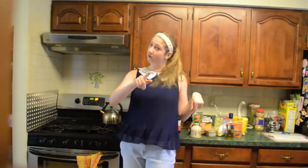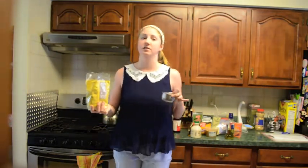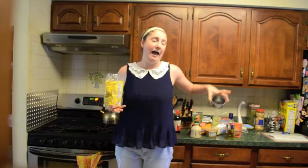I just really like maple syrup because it's super healthy and it tastes so good. I love that rich, earthy flavor. So preheat your oven to 325 degrees. You also want to start with the dry ingredients first because that's the way to bind it all. So you do the dry ingredients and the wet ingredients, and then you throw it all together and it makes